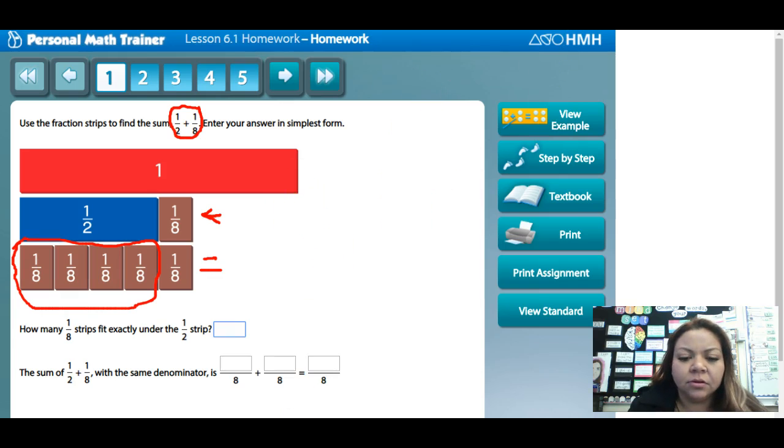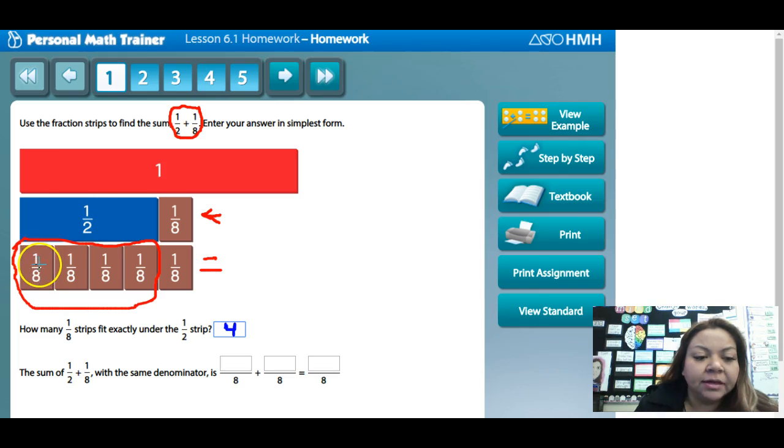Give me 1 second. I'm going to have to write it with the drawing tool because I can't get the mouse to go onto the program. So how many 1/8 strips fit exactly under the strips? There's 4. So here you would write a 4. There's 4 strips. Now, the sum of 1/2 plus 1/8 with the same denominator is, so basically we have here